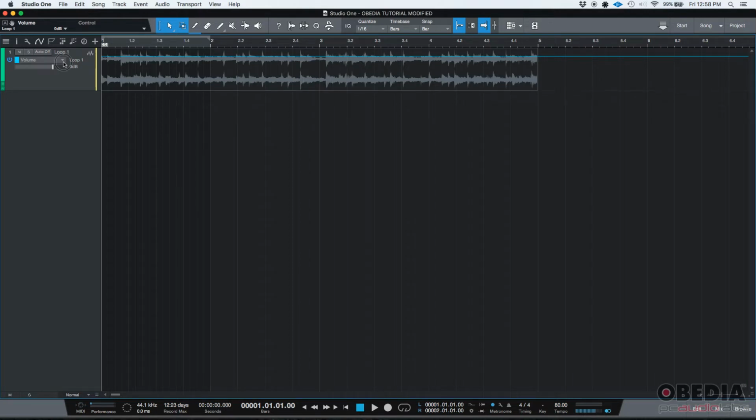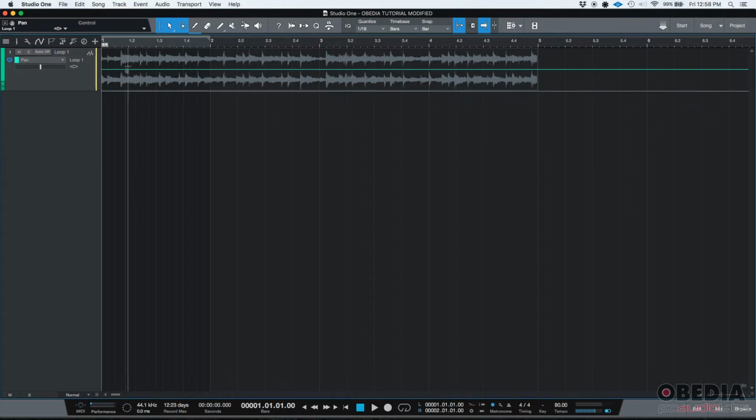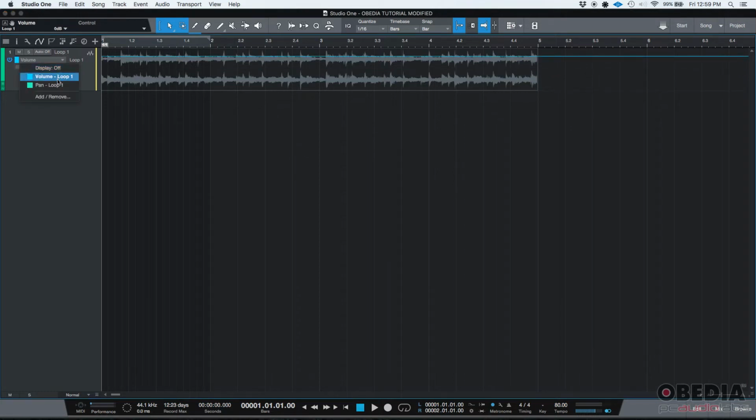Another automation parameter is the pan. One more time, if I click there which says pan, you can see the straight green line right in the center, which means that right now the track is pan center. You can actually see it on this slider here. It says the letter C, which means it's in the center. Now, in following tutorials, I'll be explaining how to program volume automation, pan automation, and also